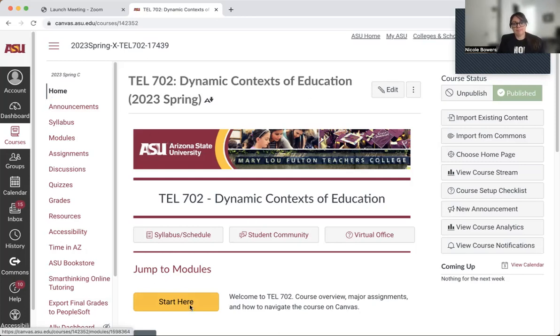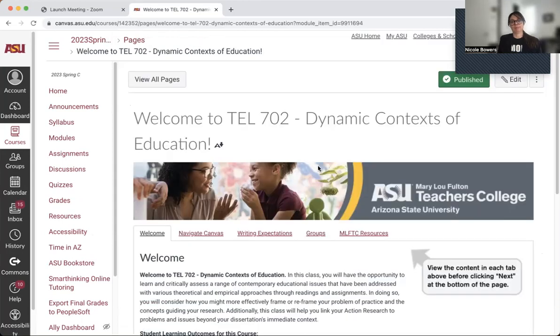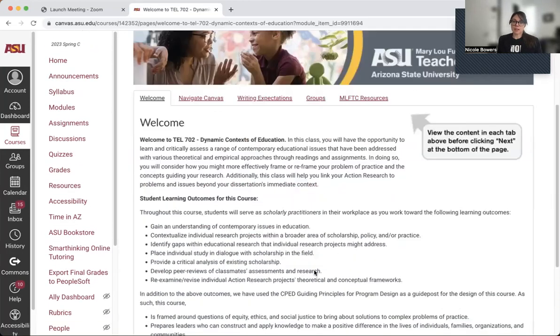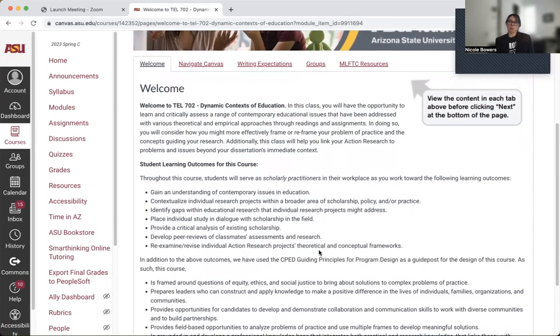Here on our home screen, we can start by going into the welcome portion. On this page, you can read a lot of detail about what this class is about, but a brief summary is that the content of this course is going to be about ethics, equity, social justice, and critical inquiry in educational issues dealing with those.